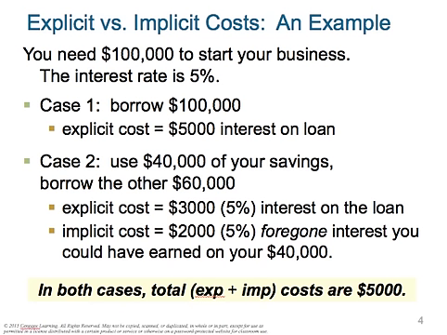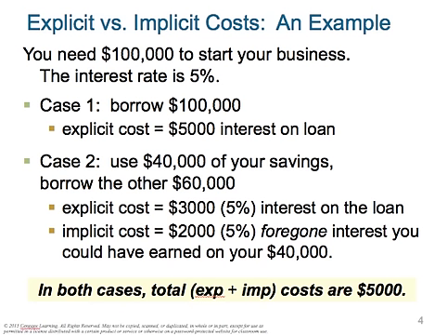So you spend your $40,000. You could have invested it and got an interest rate return of 5%. So that's your implicit cost. You gave that up. Again, your opportunity cost there. In both cases, total, that's explicit versus implicit costs, are $5,000. They're just divided differently. In case 1, there's only explicit costs because you borrowed the entire $100,000. In case 2,